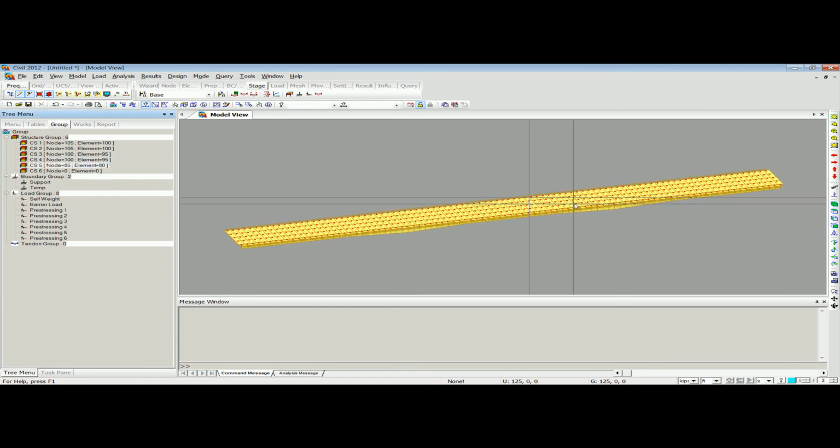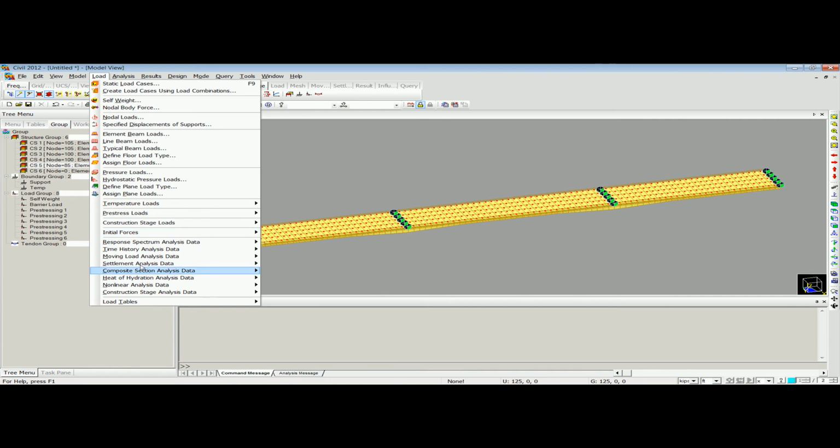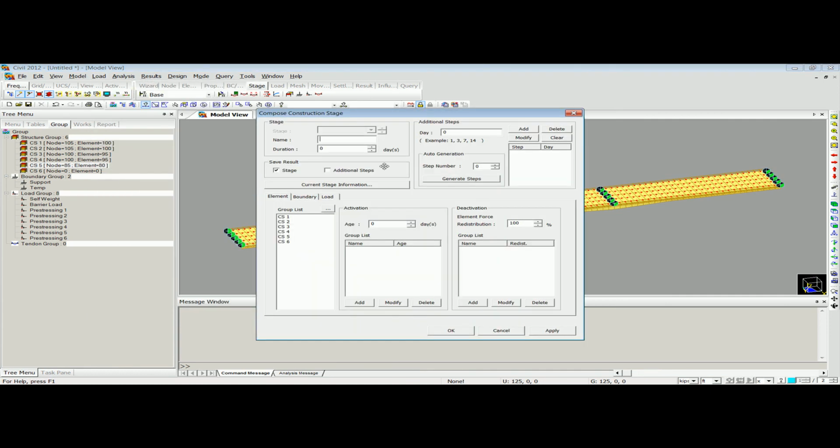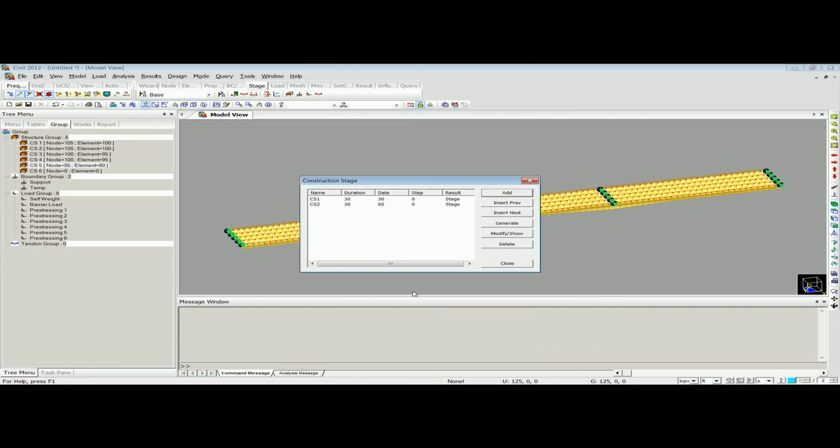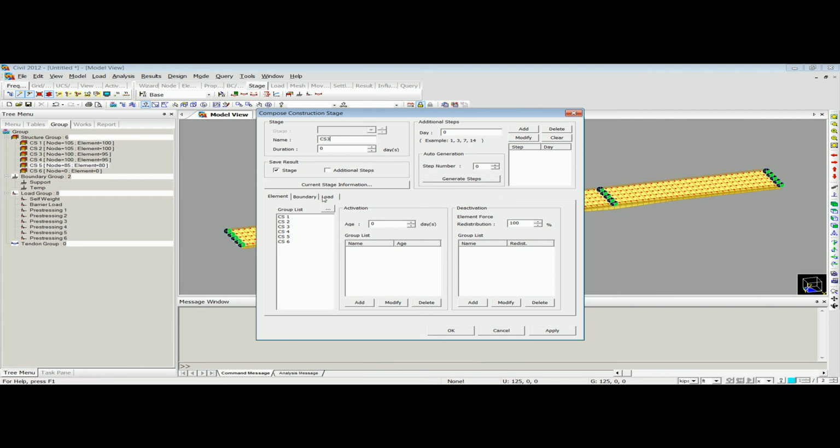So this is how I have selected the elements, and now when I go to construction stage analysis data, I can define CS1, the duration will be, let's say, 30 days, and the age would be 30. So as we discussed, the age would be the age of loading of any element, so I'm putting it as 30 days. Similarly, CS2, the duration would be 30 days again. The element age, define CS3, the element age,